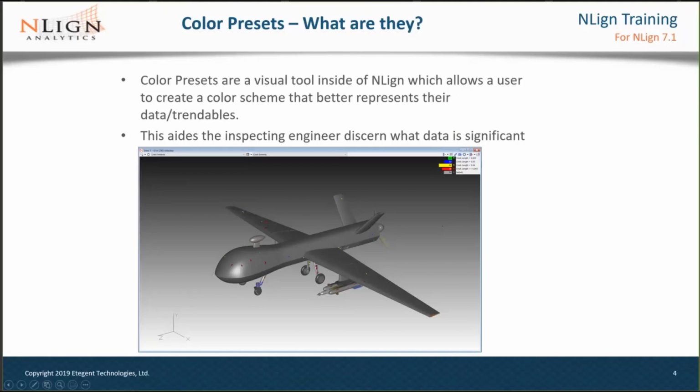Color presets, what are they? Color presets are a visual tool inside of Nline which allows a user to create a color scheme that better represents their data or trendables. This can aid the inspecting engineer in determining things like hotspots, defect severity, as well as maybe the significance of